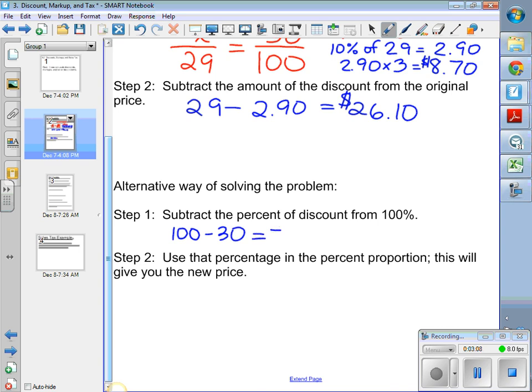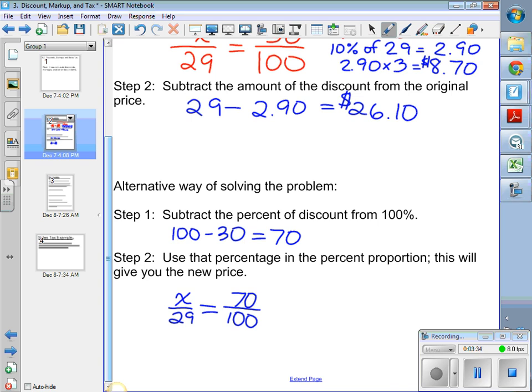So you're going to pay 70% of the price of the jeans. Okay, so now we solve this problem instead. We're paying 70% of the original price of the jeans. So now if I do 29 times 70 divided by 100,